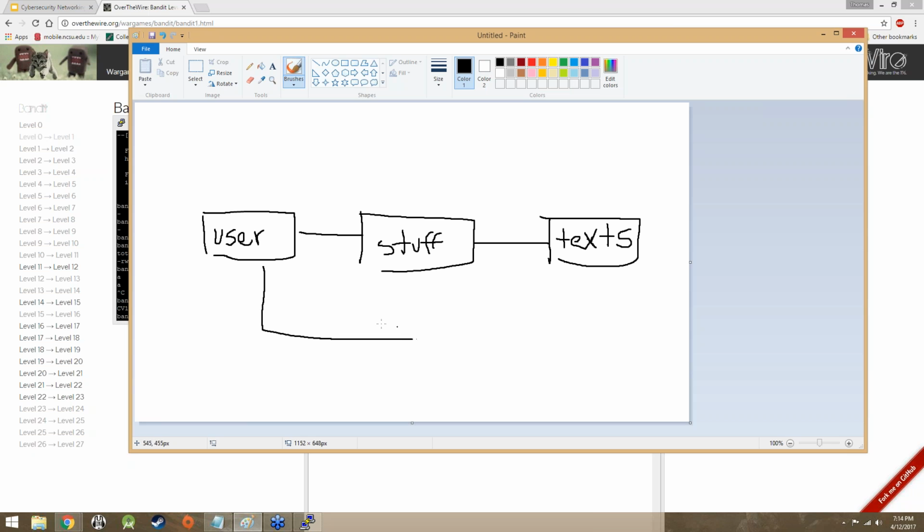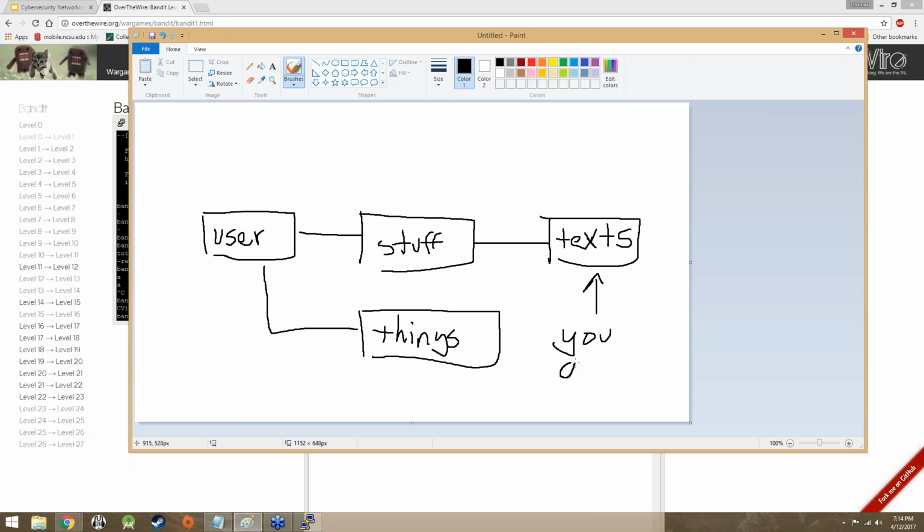So you've got a set of files. You've got things and stuff inside of the user folder, and you've got texts inside of stuff. Now let's say